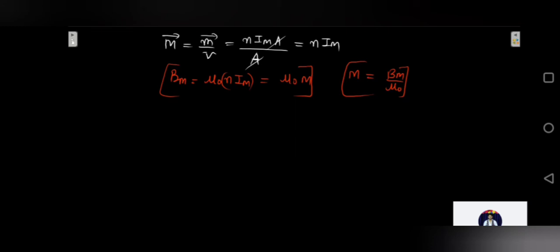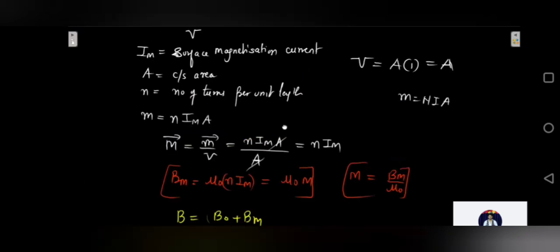So for the total magnetic field or the magnetic induction B inside the magnetic material which we just now saw, what is magnetic induction given by? B is equal to B naught plus Bm. That is the second term which we had seen. B is equal to the magnetizing field plus the magnetic field due to magnetization, B naught plus Bm. This is what we had seen. So if we substitute it now, what is B naught we got as?